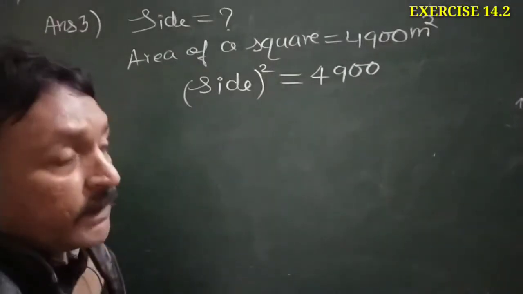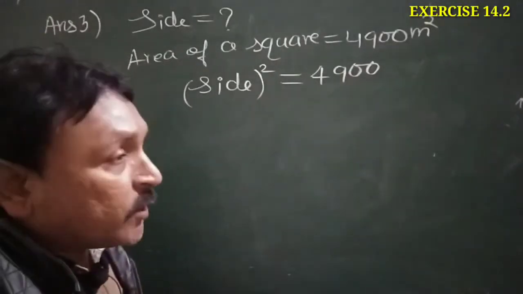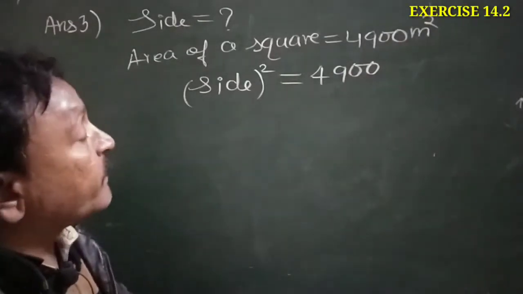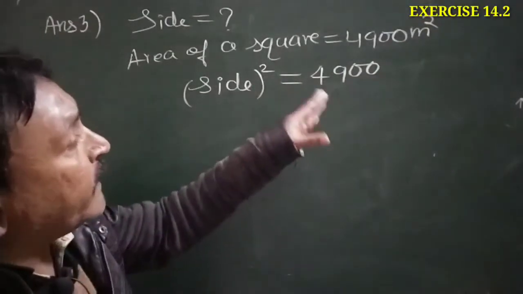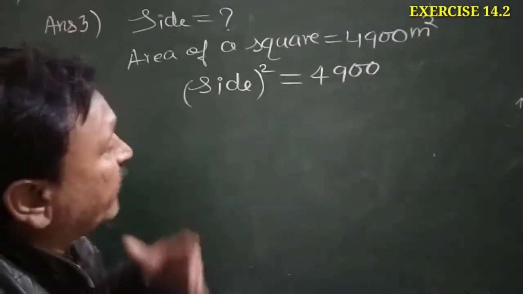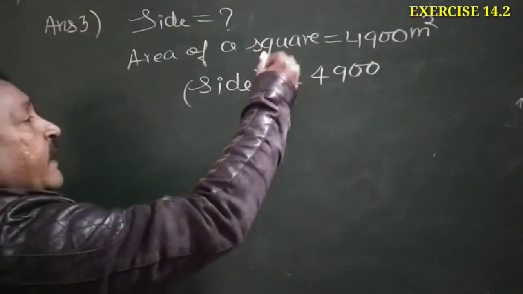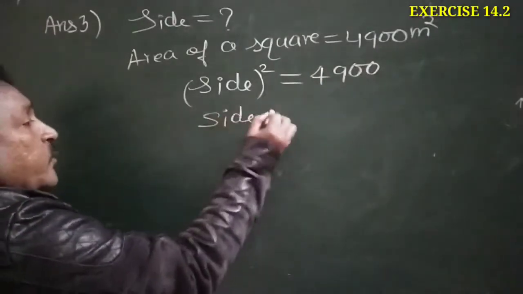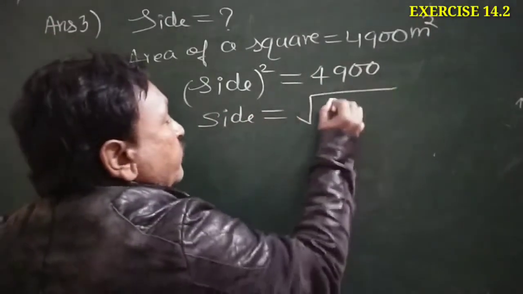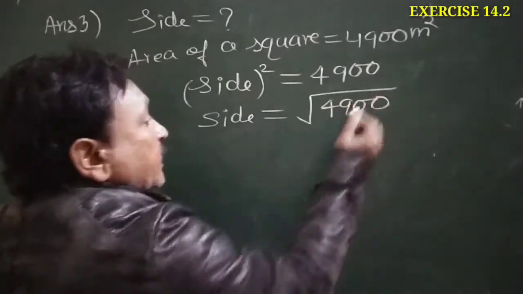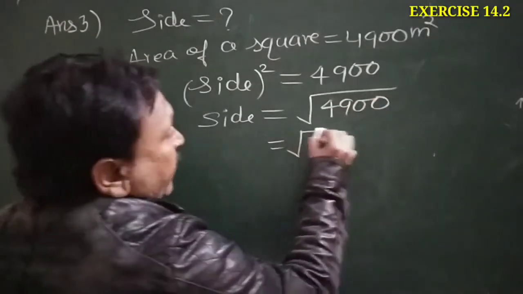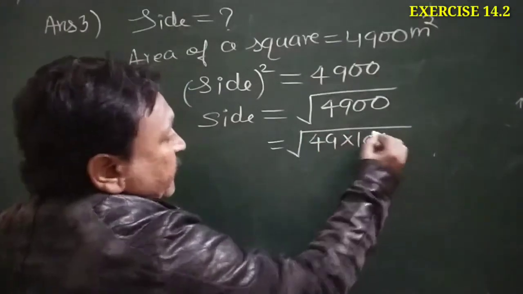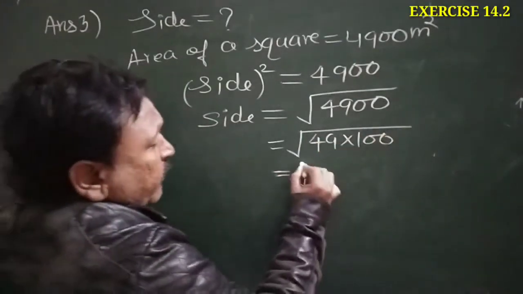We have all done the questions which are related to Pythagoras. In Pythagoras theorem, when we solve, the square goes in square root to the right hand side or to any side. In the same way, when the square is transposed to the right hand side, it will go as the square root of 4900. Now we have to find the factors and the solution. We can write it like 49 into 100. It will get easier to solve.